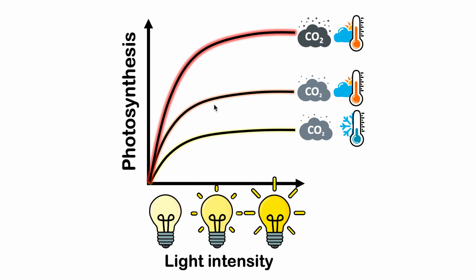Okay, so you can see here that for this first line, we have low carbon dioxide, cold temperature, and this is the rate of photosynthesis. Now, you can make a curve where you combine all of these factors. It's a low photosynthesis, but if we increase the temperature to a more suitable temperature, the rate of photosynthesis will increase. If we increase the carbon dioxide even more to the most it can be, the photosynthesis will increase.